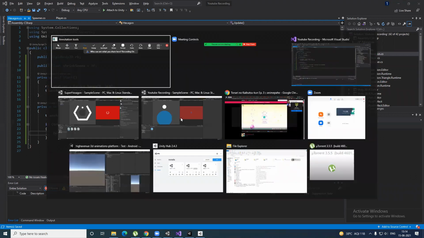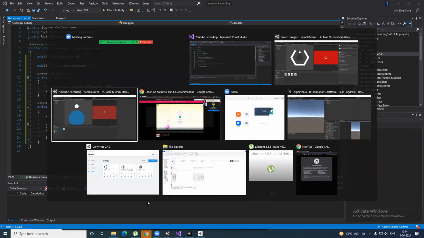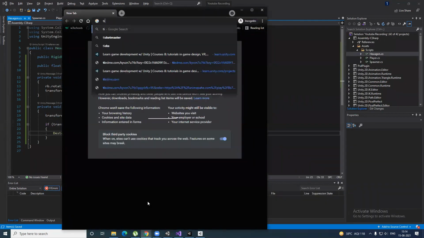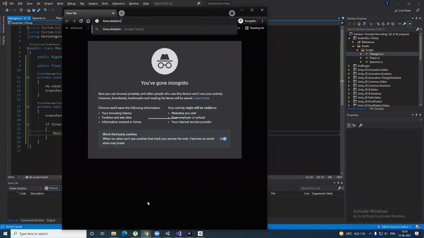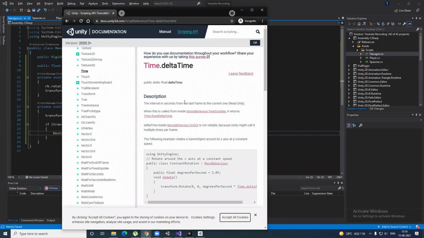If I have to go for the actual definition, I like to show the actual definition if possible. The actual definition of Time.deltaTime is the interval in seconds from the last frame to the current.